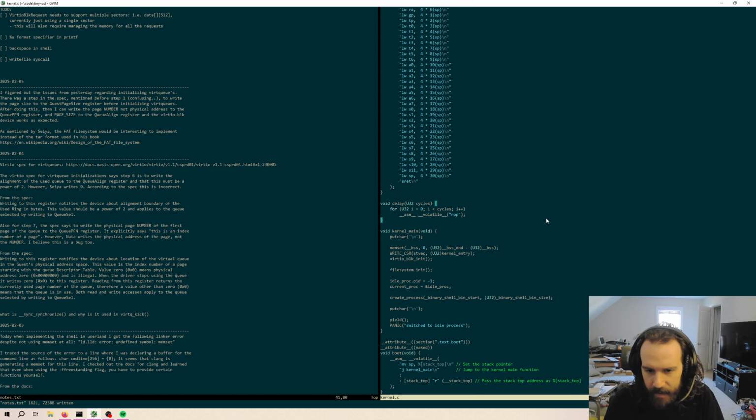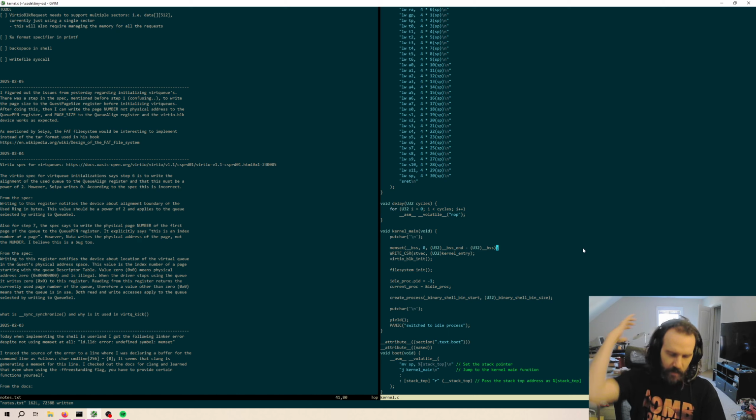Alright, yesterday I implemented a read file system call, so that I can read files from user space. So today I was thinking of implementing the write system call, so you can write files from user space, but